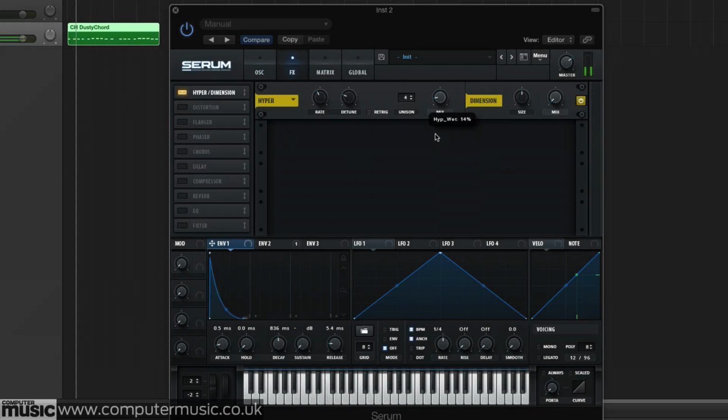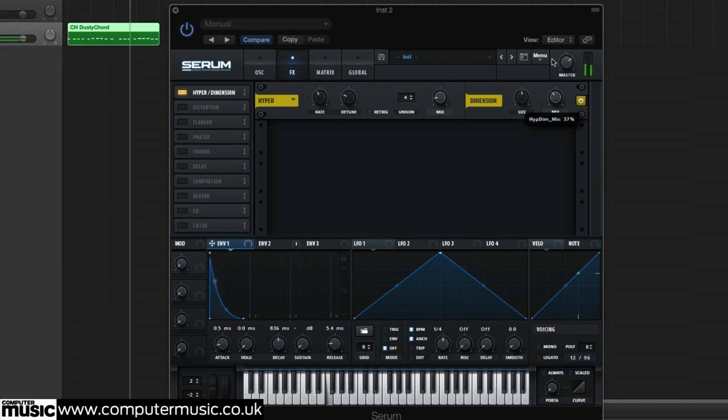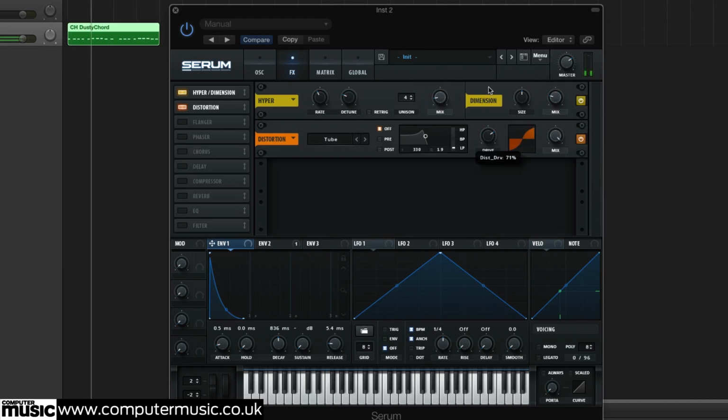Here we're going to be making a sampled rave chord using custom samples in Serum's noise oscillator. So Serum's noise oscillator is actually a mini sampler, and samples can either be looped or played back in one-shot mode. So what we're going to be doing today is using a custom rave chord sample in one-shot mode in